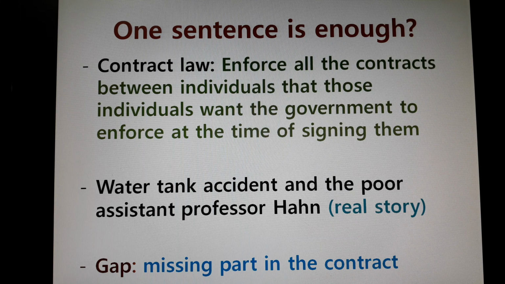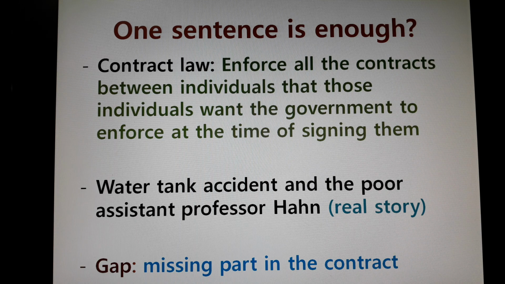I heard that the American President Trump always mentioned what to do at the point of marriage. What if there's a divorce? How much money I'll give you, a prenuptial agreement or something. So some rich people do that, but hardly anyone talks about divorce. So the divorce part is usually missing in your marriage contract.